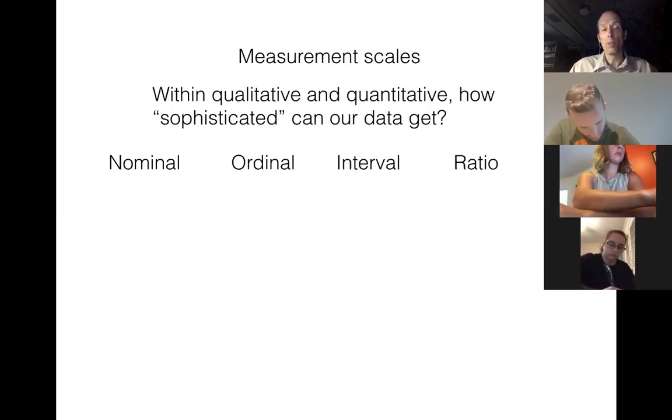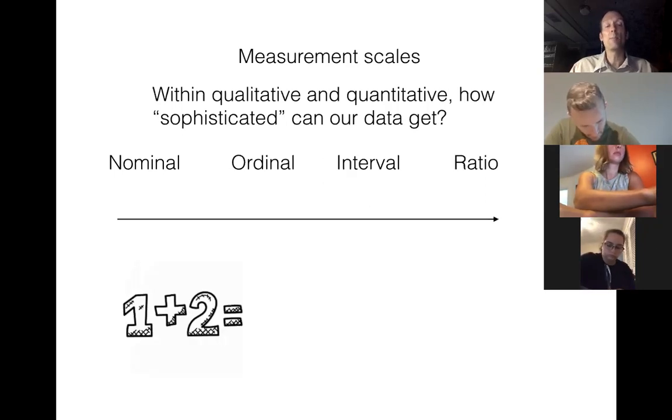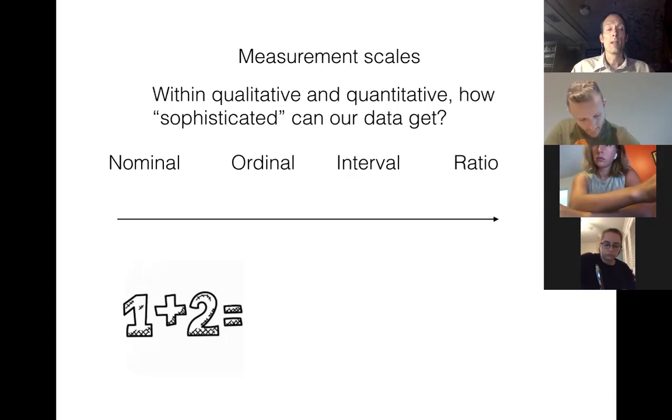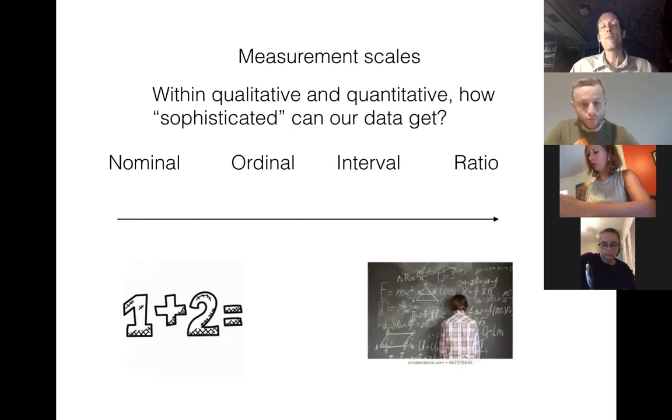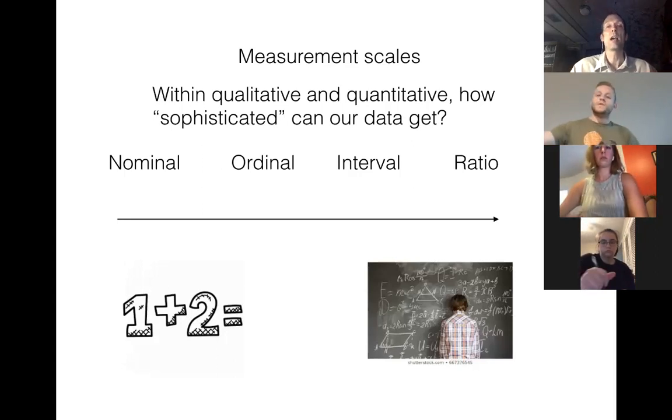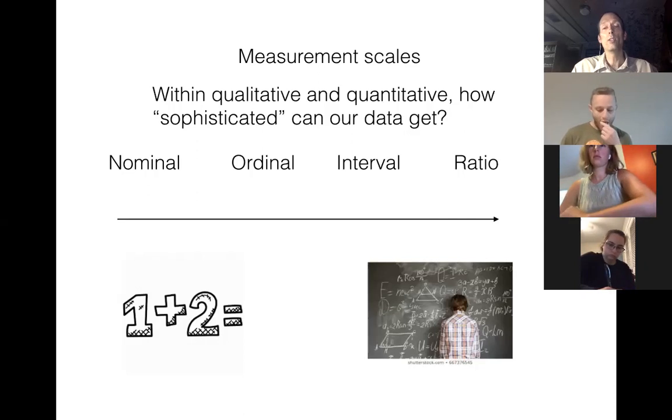When we're on the left with nominal, nominal is going to be the simplest kind. And you don't have to write down the graphics coming up now. We're just introducing what this section is about. It's the simplest kind, and as we go further to the right, they're going to get more and more complex. So by the time we get to the right, you're getting information that's going to be in the form of continuous data most commonly, and you can analyze it without having to do anything to prepare it. Most of the stuff we're going to do in the class will be in ratio level. And you're going to need to know the definitions of each measurement scale.